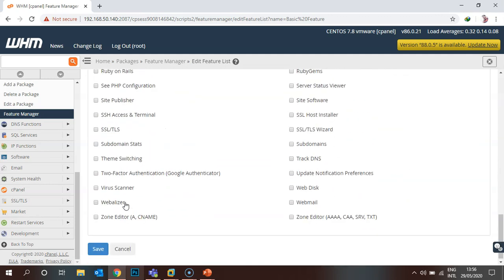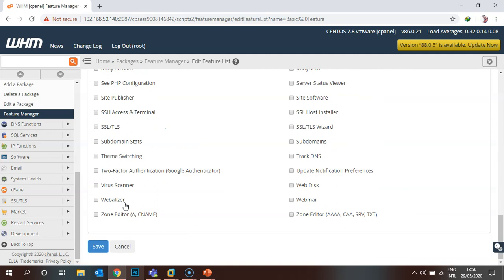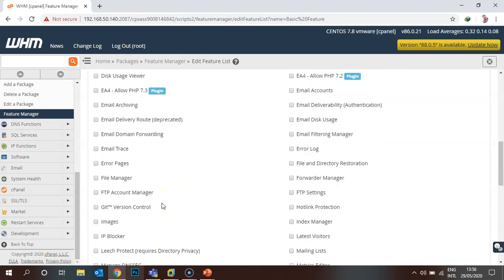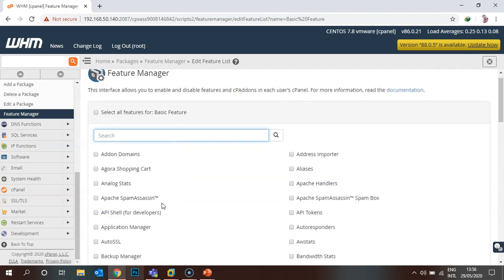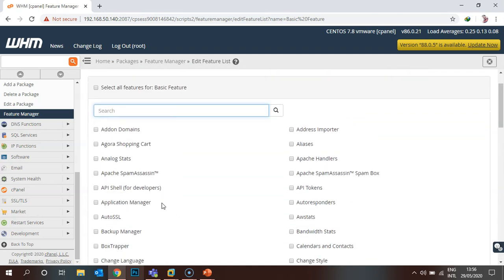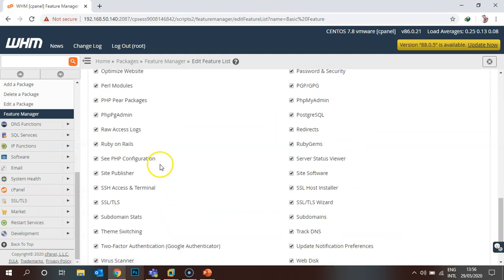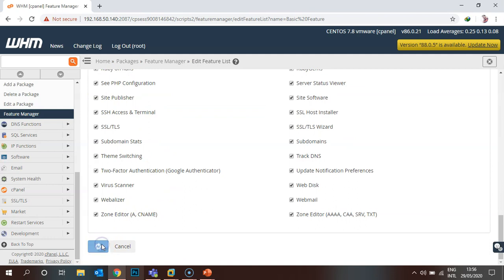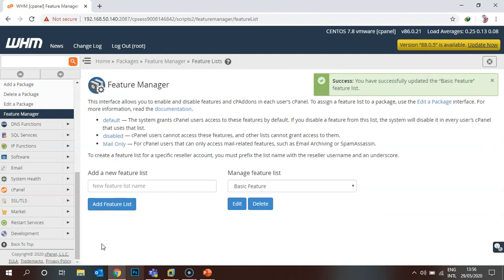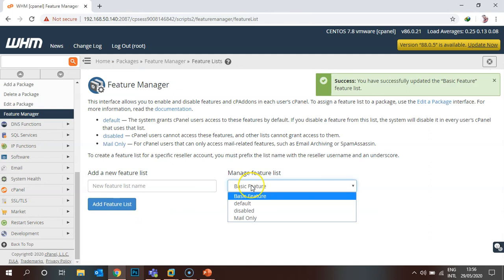You need to select the features which you want to allow customers to see and use under their cPanel access. I can select a few features or, if I want, all of them. For now, I'll select all the features and click save. This is the way you can create a new feature list. You can see basic features is already added to the list.